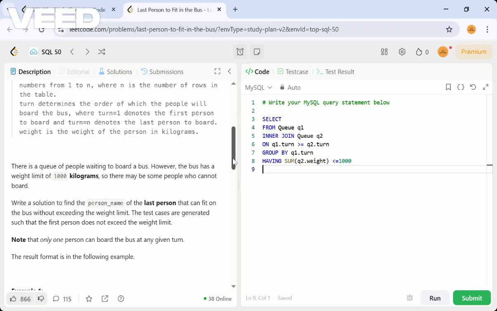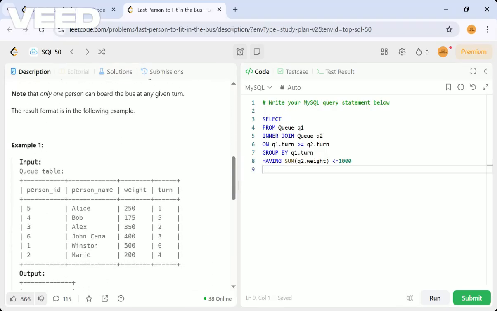So that we'll understand which is having the heavy weight. So yeah, order by sum of weights descending.